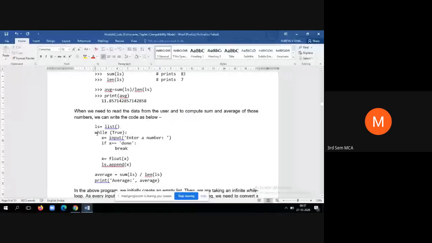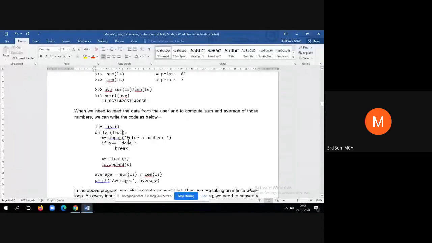So while True means, students, tell me what kind of loop. If I say while of true, what kind of loop is it? Students, tell me what kind of loop is this? Infinite loop. Yes, it's an infinite loop because by default we are giving an entry by default. See, it is always true, so it easily enters into the loop.